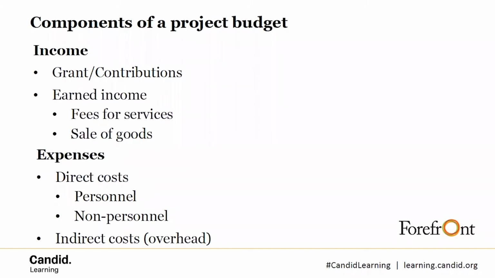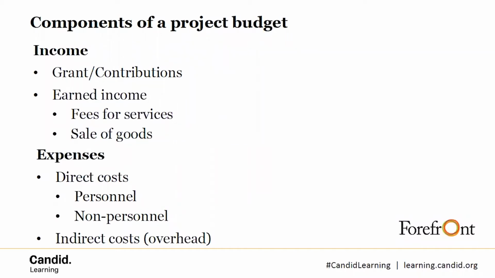However, a lot of grant makers also simply want to see a one-page summary of the financial projections, breaking down your project's income and expenses, both the direct ones and the indirect ones. So income, that is the support and revenue. This is made up of grants and contributions: all grants from foundations, corporates, sponsorships, government grants, donations from individuals, any other kind of contribution. We will be talking about all of these pieces in more detail as their slides come up. So this is just a quick overview of what each of these pieces is.